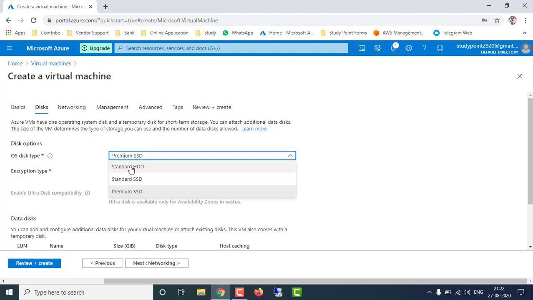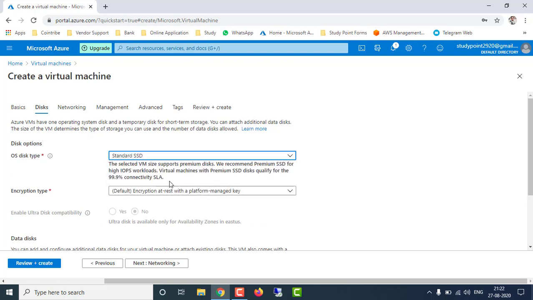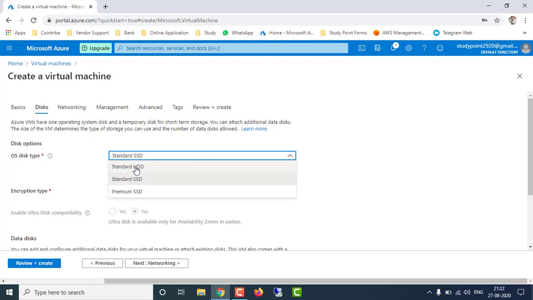And standard SSD, you guys know that these days SSD hard disks are more popular because we get higher speed as compared to standard HDD. And premium SSD is more expensive and faster as compared to standard SSD. So we are going to keep standard SSD here. You can choose according to you,